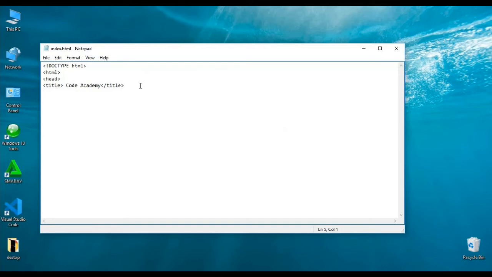Now we will close the head tag, as we have closed the title tag. Now there will come the body tag. In the body, as we have discussed, there will be headings, paragraphs and other things. So here we will add a heading h1, and we can write here